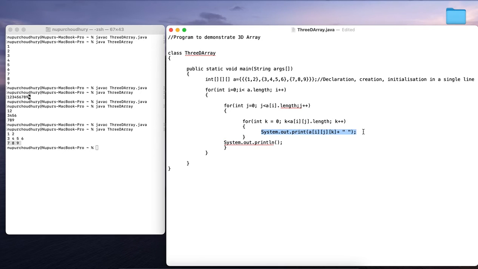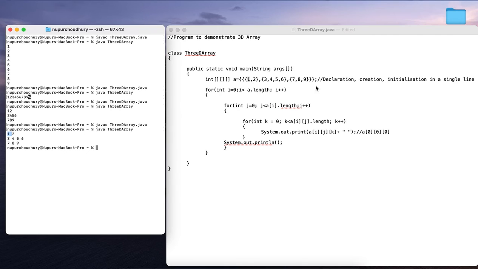The first value is a[i][j][k], and all of these three values are 0. So the first value would be printed as a[0][0][0], which is nothing but 1, hence 1 is printed here.